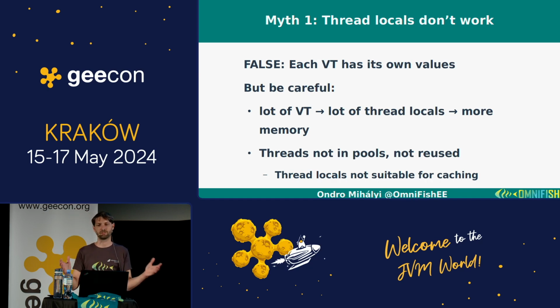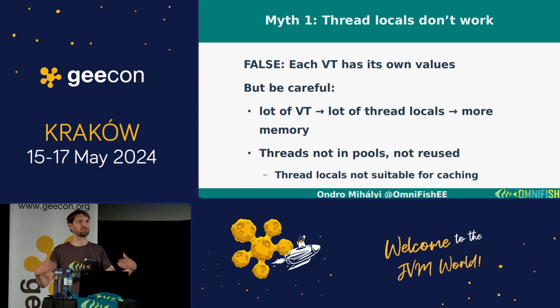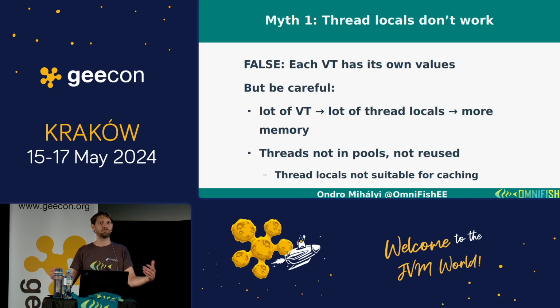So when you have like 100 threads in a pool, each of them has their own copy of SimpleDateFormat, but it's better than having one shared, because SimpleDateFormat is not thread safe. So it's good to put it in a thread local variable, then it's safe because it's accessed by just one thread. But it's not going to be recreated again, because the thread, when it's done with the task, is in a thread pool, so it's going to be reused for another task. And if the second task needs SimpleDateFormat or some other heavy object, it's already there.